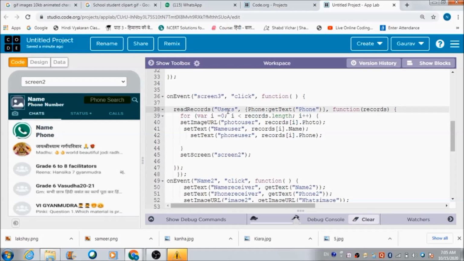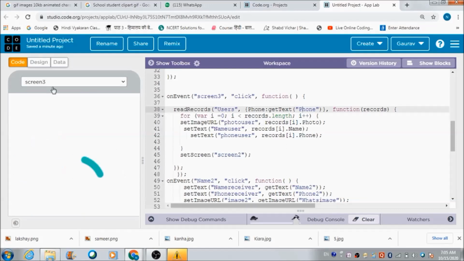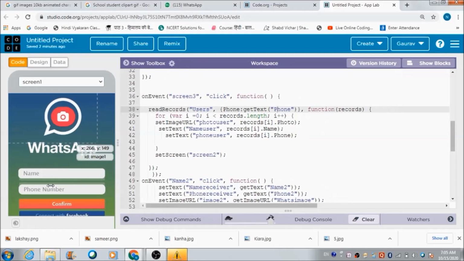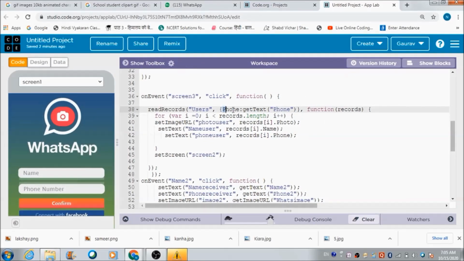Now we need to make sure that we are trying to read the records for the phone number that the user has entered on the first screen, in the component whose ID is phone. So we need to define a condition here so that we can read the information for the user whose phone number matches with the phone number which he has entered in this component with ID phone. So this is how we can do it.